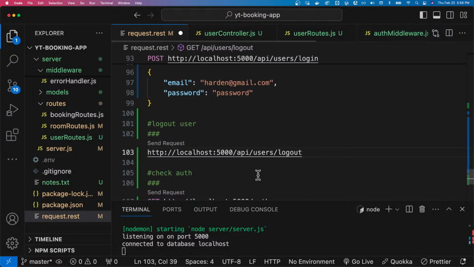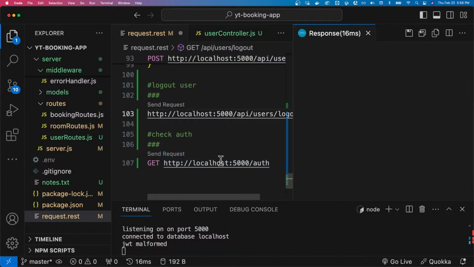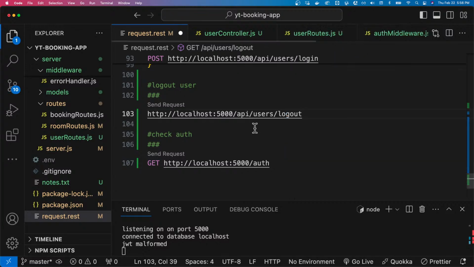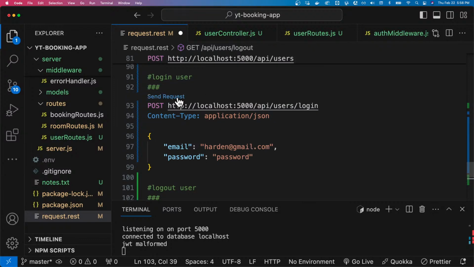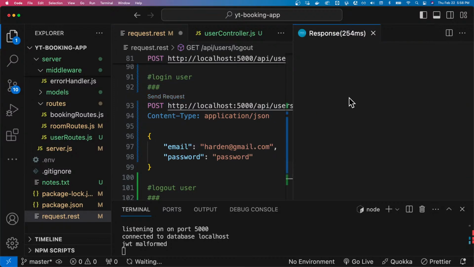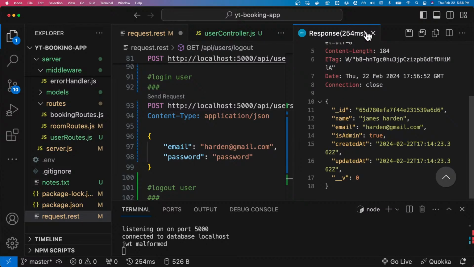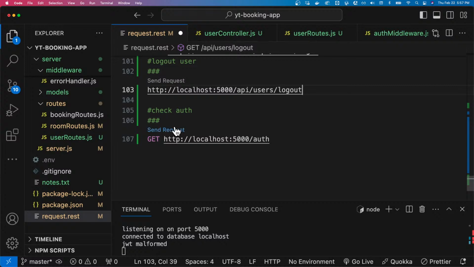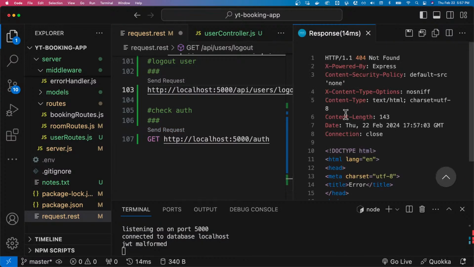Alright, cool. So if we try to hit this endpoint again, you see a message of no token. Then when we try to log in again with that, we should get the ID. And then when we try to hit the endpoint of the authorization, that gives us,